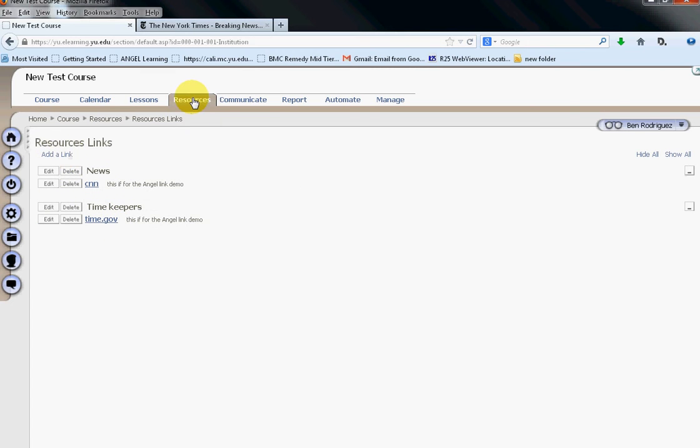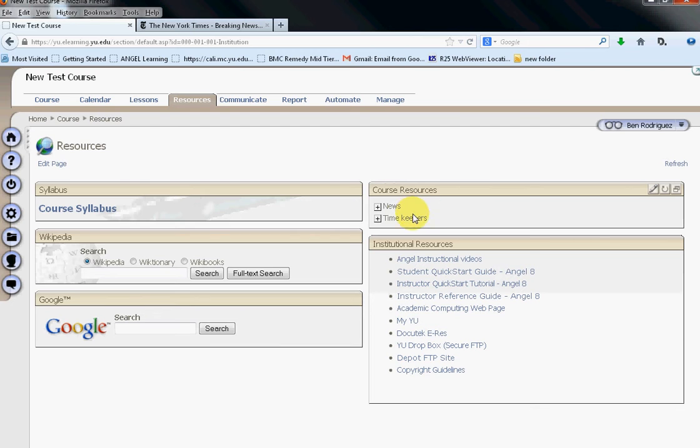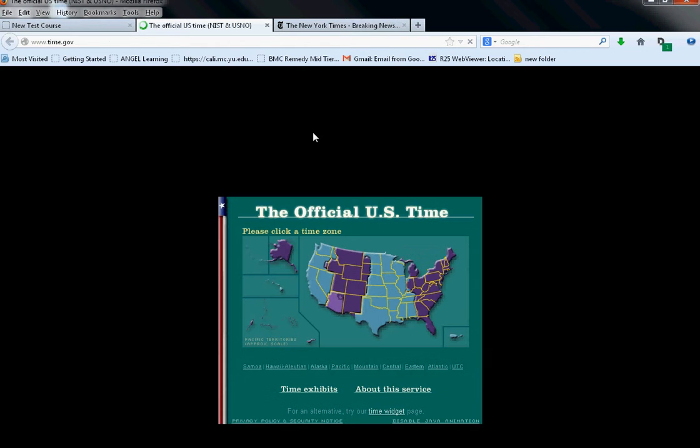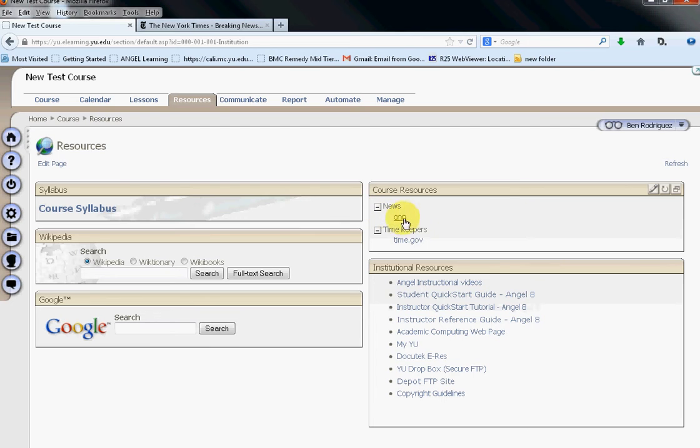Okay, so we got this all set up, and we'll click on the resources tab again just to get out of here. Now if we go back, we'll see there's a new category here called timekeepers, and we'll expand it and click on the link, and then it opens up the time.gov website on another page. So that's one way to collect all the links, and it's really easy for the students to browse them. The other thing that we can do is, let's say we go back to our lessons tab,